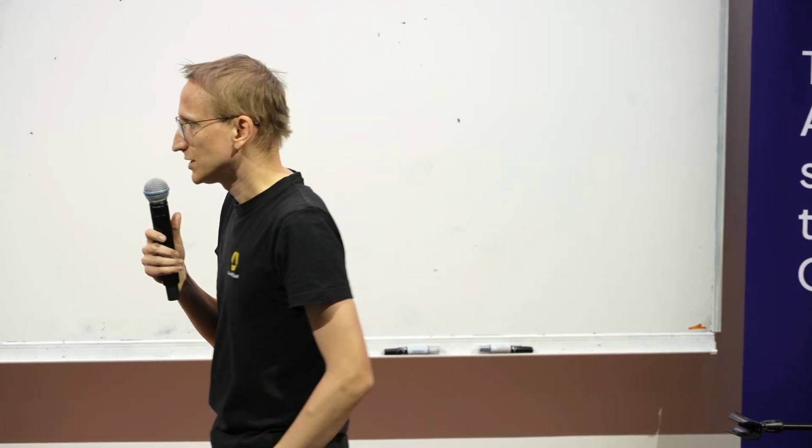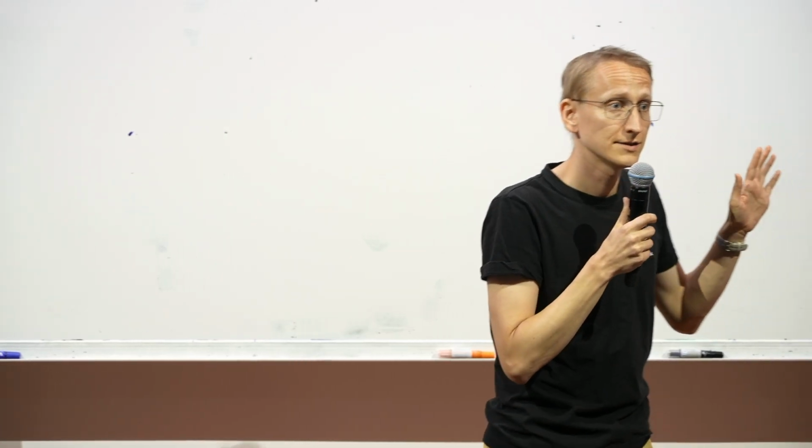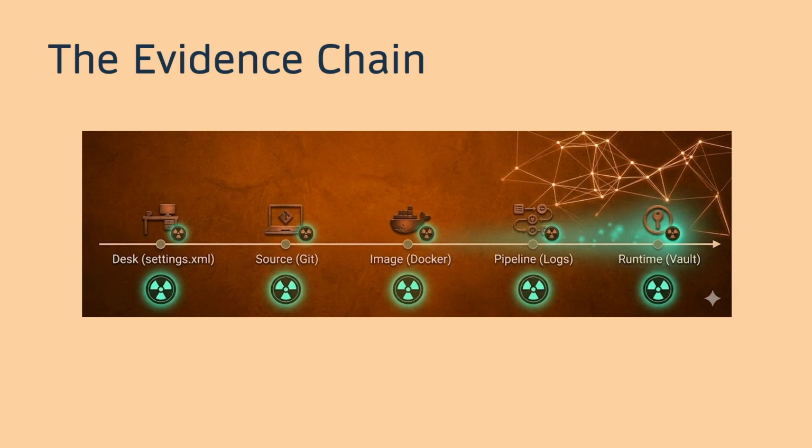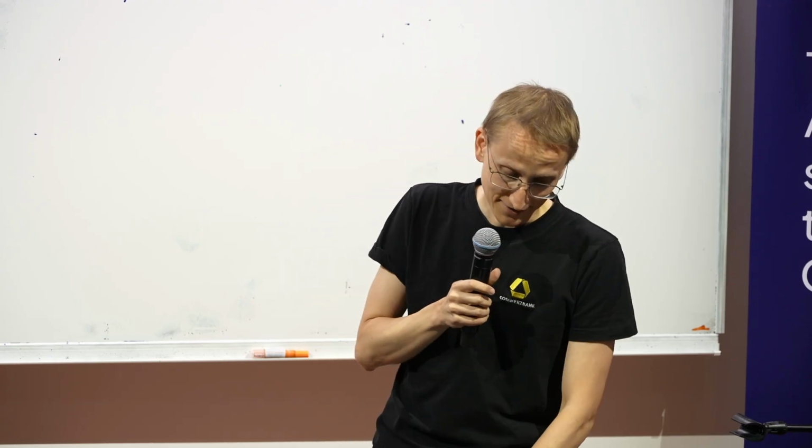We will be talking about four main points. One will be your desktop, where I will take a look at Maven. Then we will go to Git, which probably you know the most. Then images, where maybe we'll learn something new. And the last one will be CI/CD pipelines, because they are the most difficult to get rid of the issue, and I like it the most.